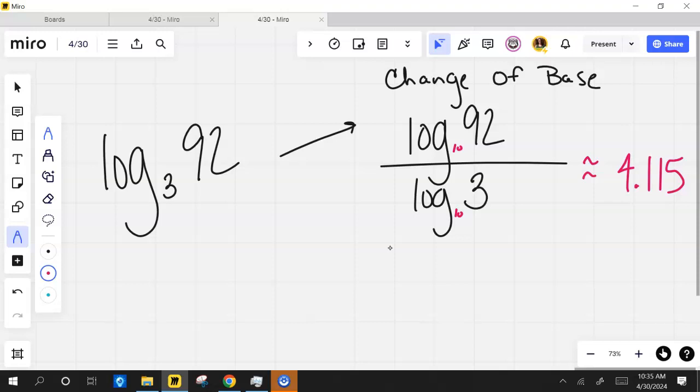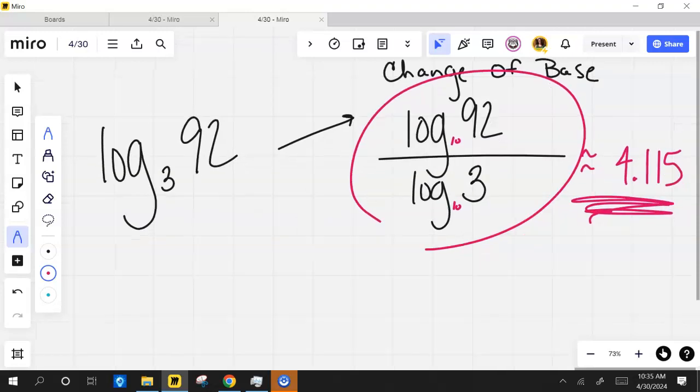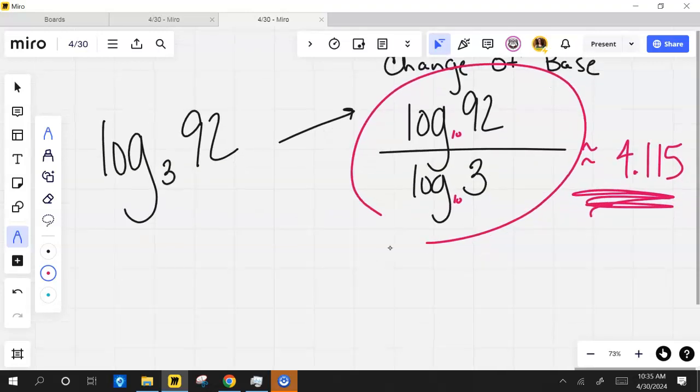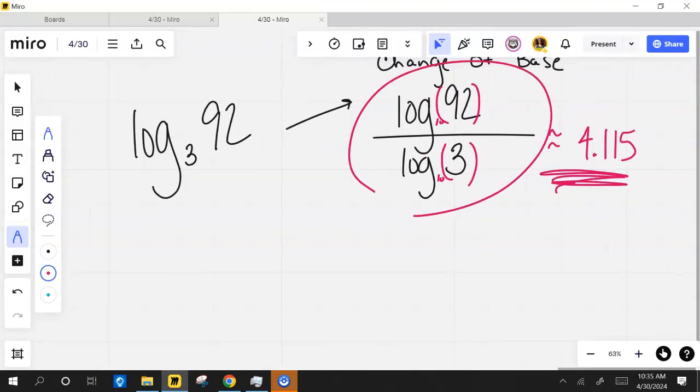So make sure you can put this on your calculator and you can get this back out, okay? And that works for any. Make sure you close it out. So hit the log button, close it, and then divide it by log of 3. Got it? And just to show you that it works and it always works,